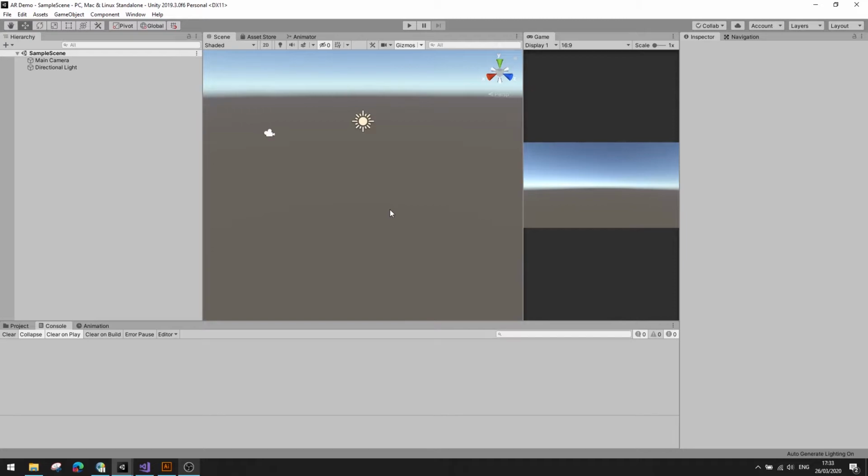2018.1.2. But if you're working on this from home, then I'd recommend just getting the Unity Hub and making sure that you're working with the most recent version. So I've just created a new blank project. We're going to have a look through setting up a couple of things first, just to get ready